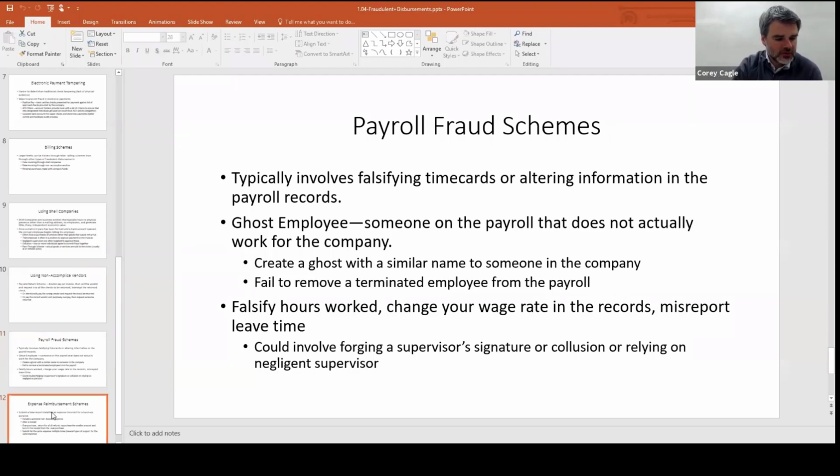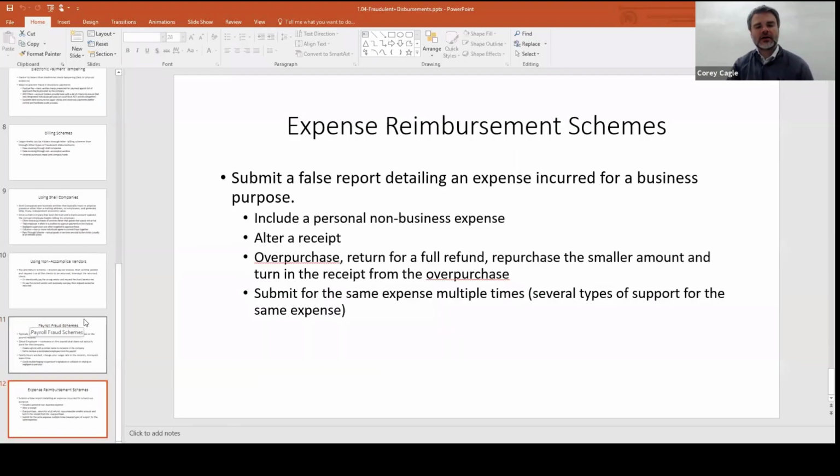All right, moving on to our last little thing, expense reimbursements. If you are traveling on company time and you incur expenses and you get reimbursed for them, there are ways to get fraudulent expense reimbursements, and a lot of ways to do this. Take a bunch of buddies out for dinner and expense it. Like, hey, that was a business dinner, but it wasn't, right? Something as simple as that.